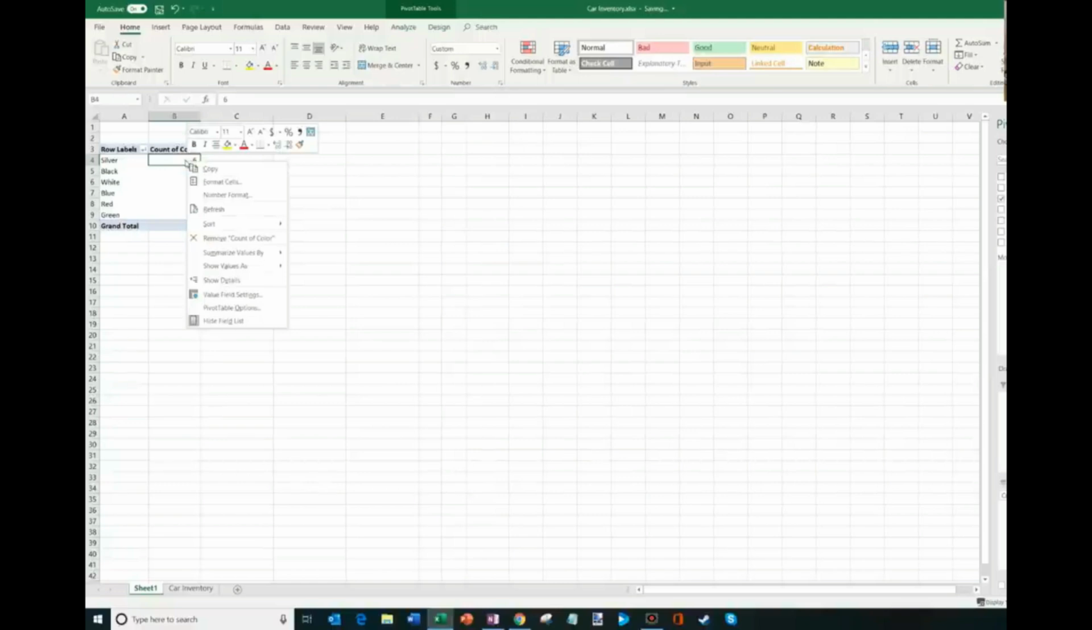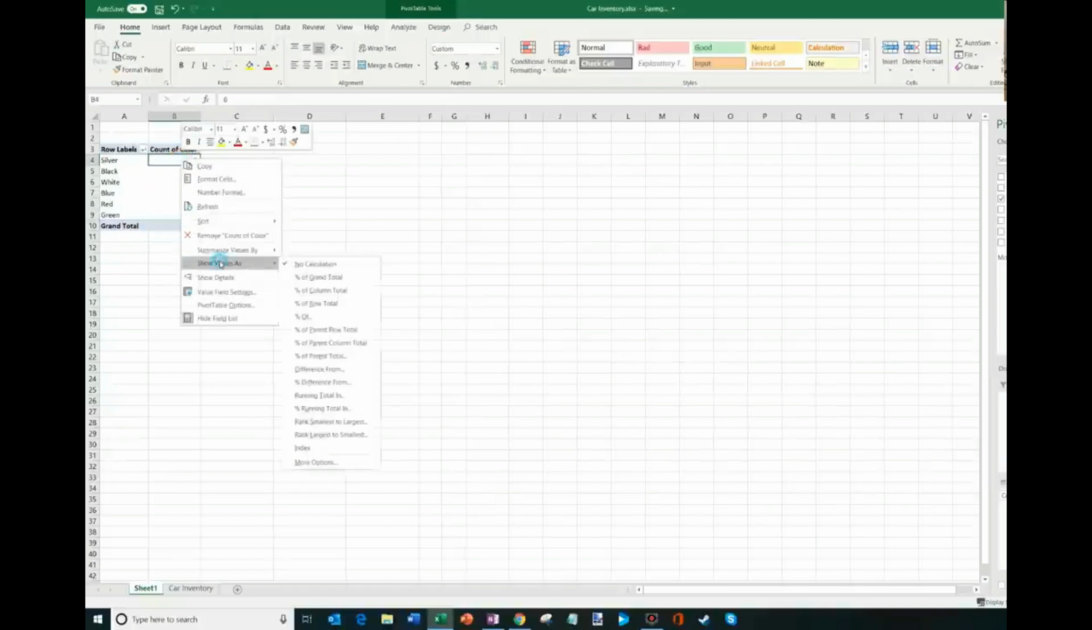What I could do here is I'll right click on this and I'll do Show Values As, and I have all these different options in this list. What I want to know is this silver, so in this column, this 6, what percentage is that of the total? So once again, I'm going to go back to Show Values As, and I'm going to say percent of column